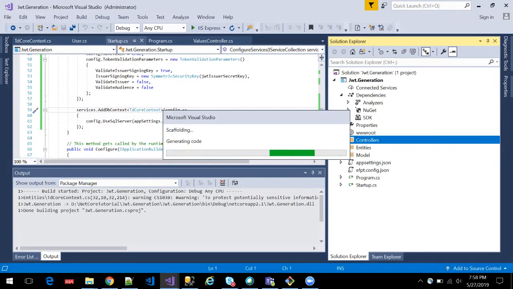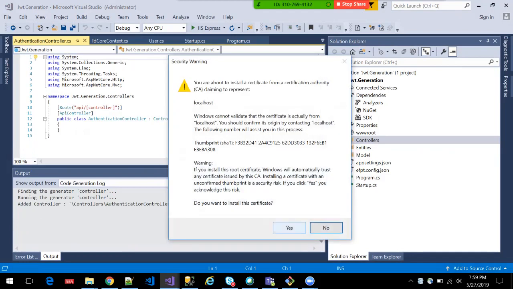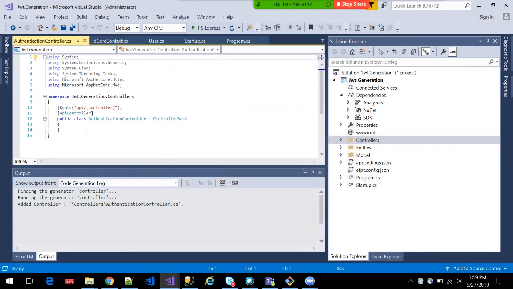It's taking time to generate the code. Yes. Yeah, go ahead and configure. Yeah, it's okay. Yes. Now,